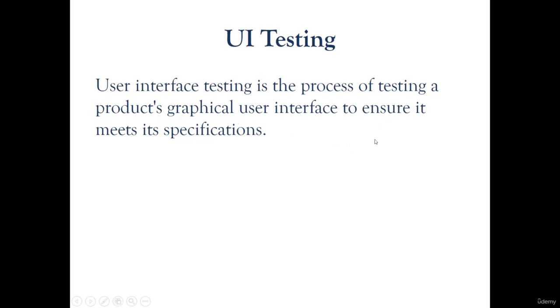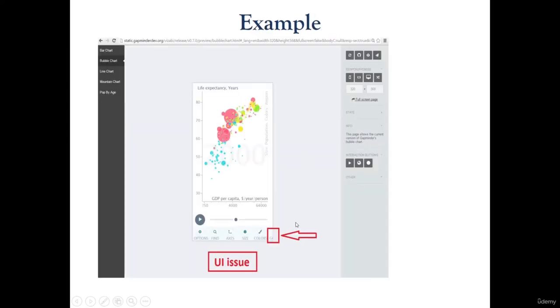graphical user interface to ensure it meets its specification. As an example, you can see that here, this is the issue now. In this application, this is cutting. So you need to report that the menu item is not displaying